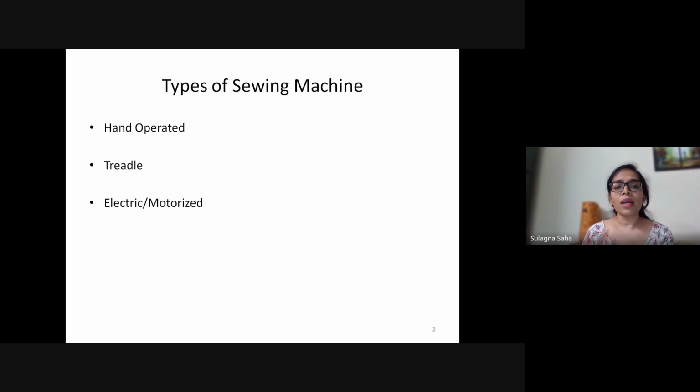The industrial machine works in the same way, except of course there are certain advanced things. The industrial machines come from brands like Juki and Brother. The most important thing is the RPM, the rotations per minute of the motor. The industrial machines are much faster. So if you are working for mass production, you would rather have an industrial machine than one for domestic use. Okay, so these are the three basic types of machines.